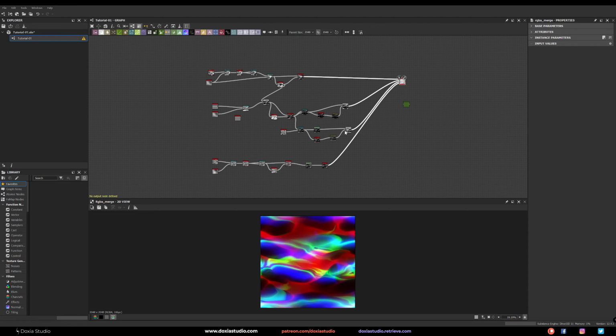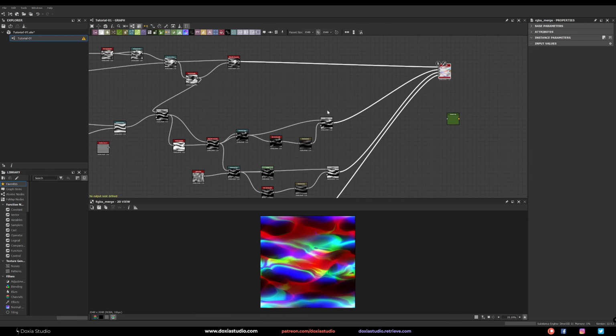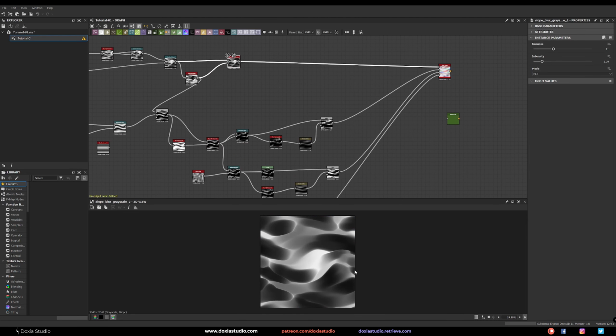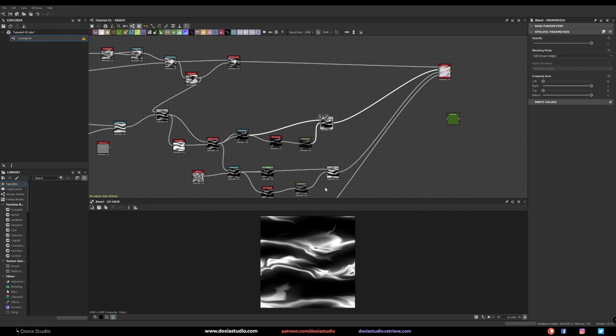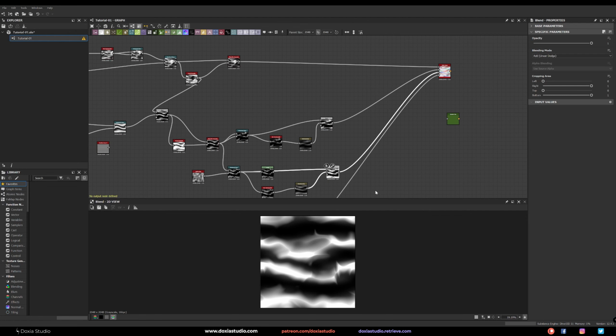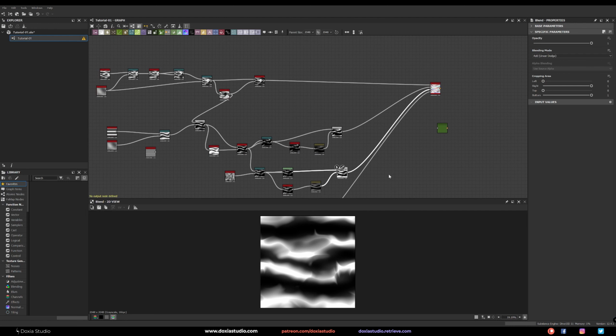Okay, so when I want to create this type of texture, I want a kind of flow image, on the horizontal one. And I want horizontal lines. I was going for a kind of stylized fire effect.